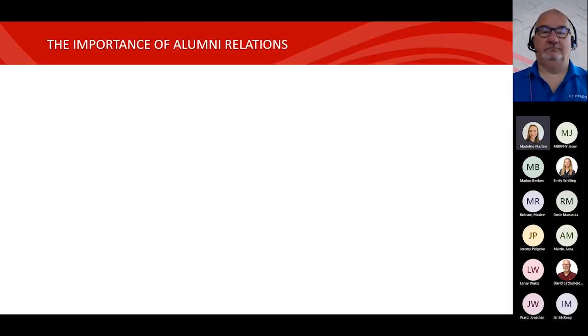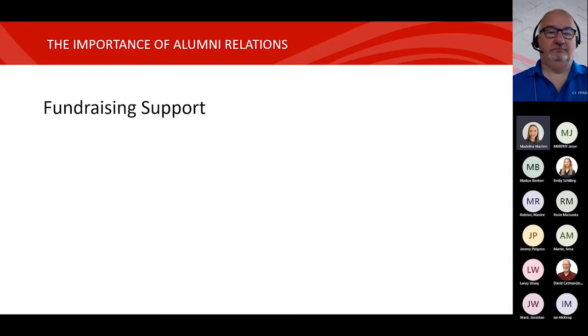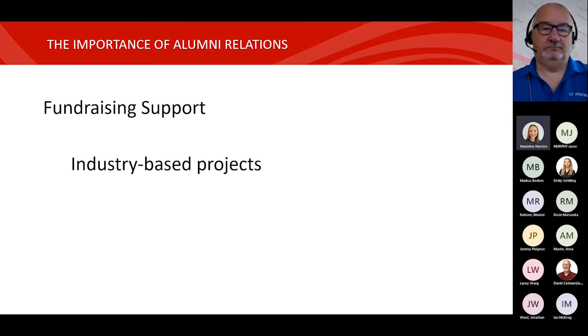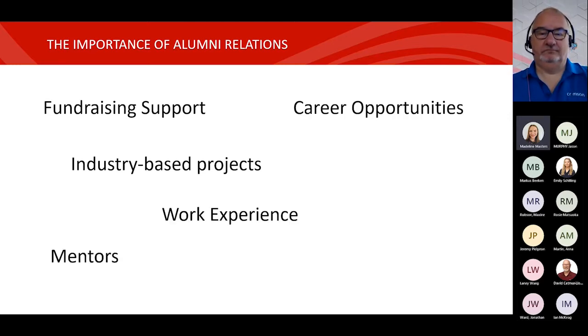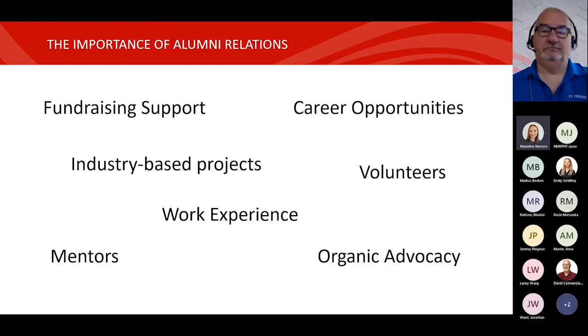But what does that feed into? What's the importance of those alumni relations? And this will feed into what Martin is going to talk about in a little bit. All the way from fundraising support to industry-based projects, work experience, career opportunities, mentoring, the volunteers, but also into that